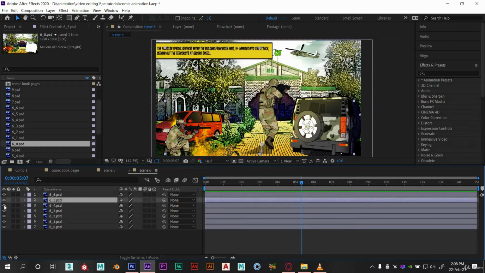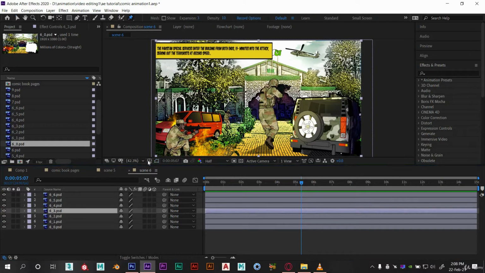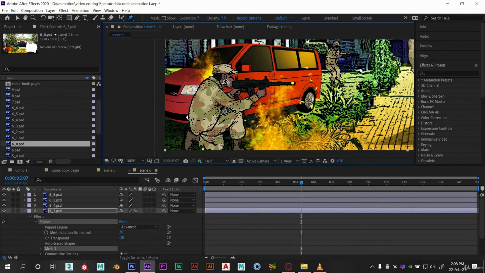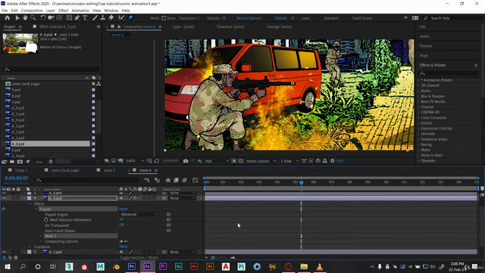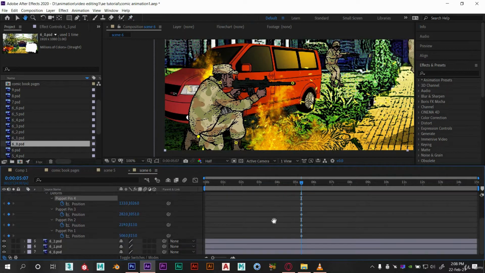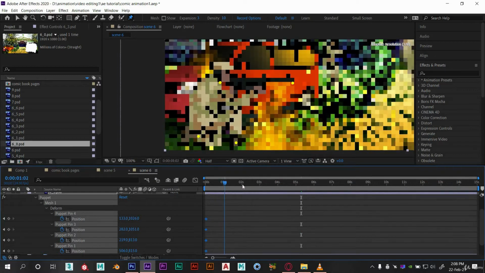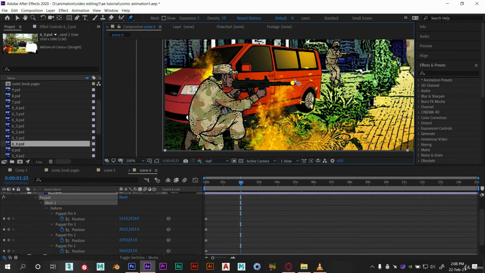I want this character to give a little puppet animation like we did with that terrorist in scene 5. Now press U on the keyboard to see all the keys and move them all to 0 seconds. Now move to 2 seconds and give it animation something like this.